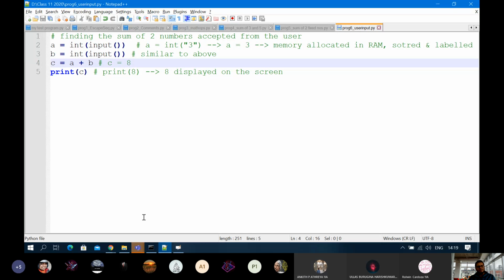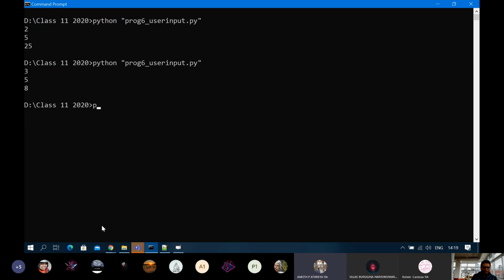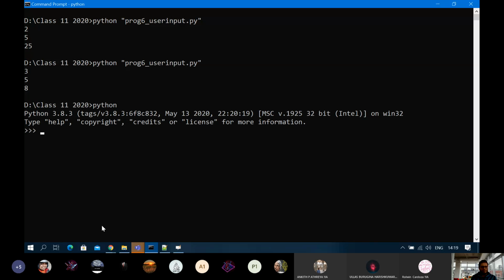It's not coming input. See, it will come, but interactive mode में, see, it is blinking now. It is asking for one value because it will immediately ask. It is running one by one. Each command will be executed. I give 3. Then I'll write b is equals to, again it will ask. I'll give 5.